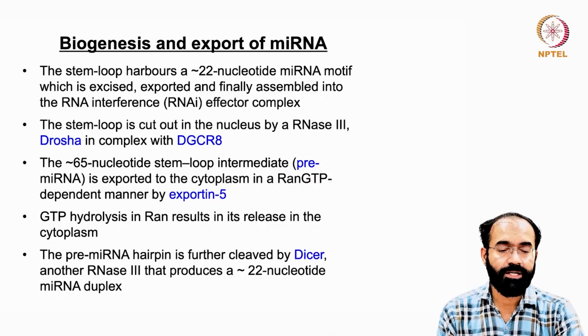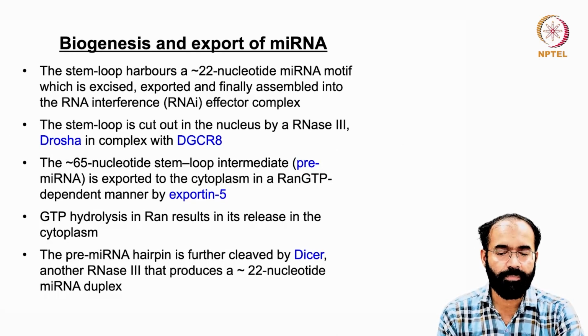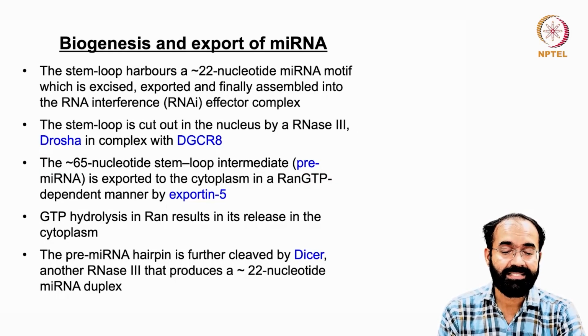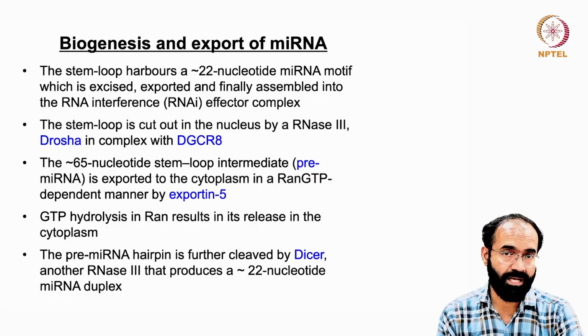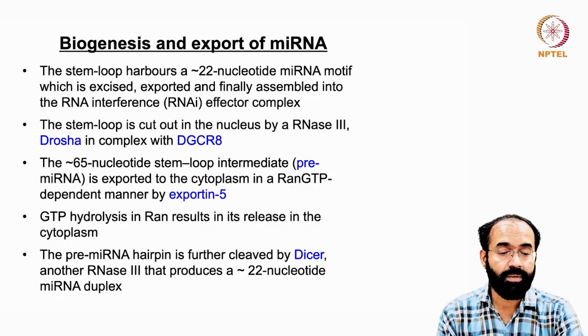The stem loop can be around 65 nucleotides in length. Earlier it was pri-microRNA, and now after being cut by the RNase 3 Drosha and DGCR8, we call this product